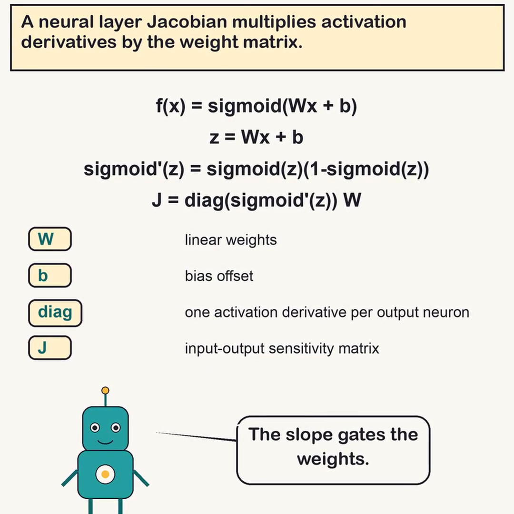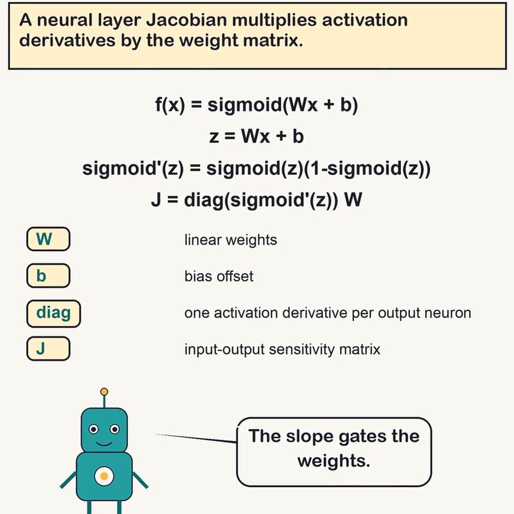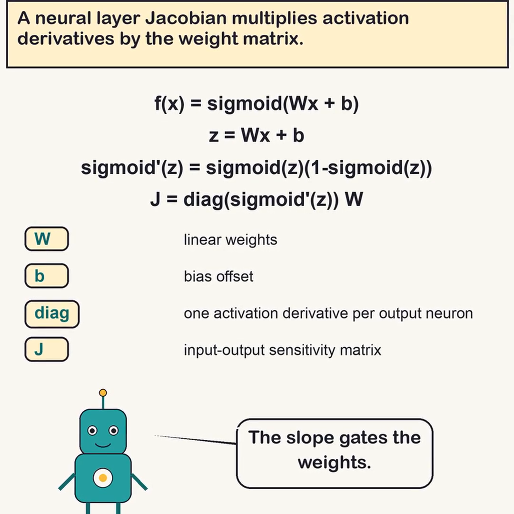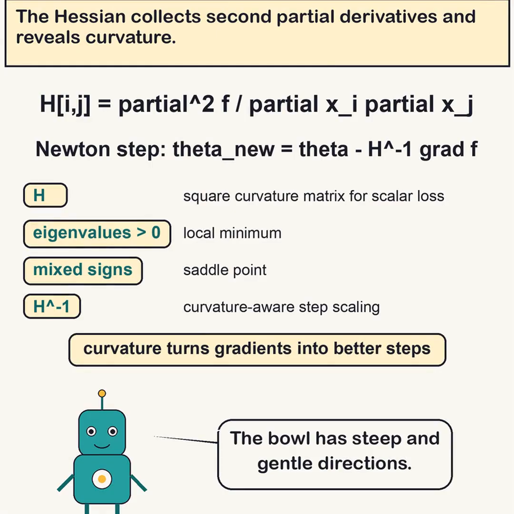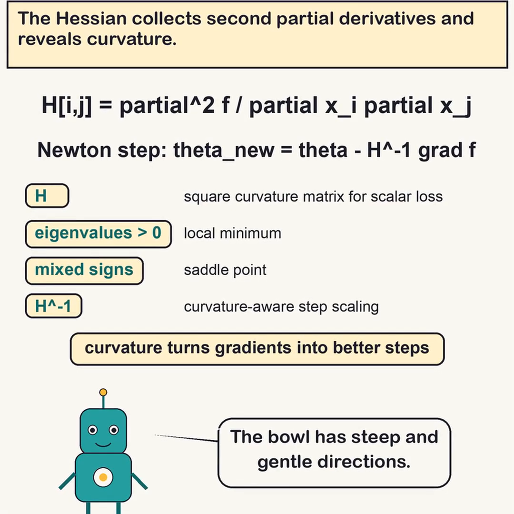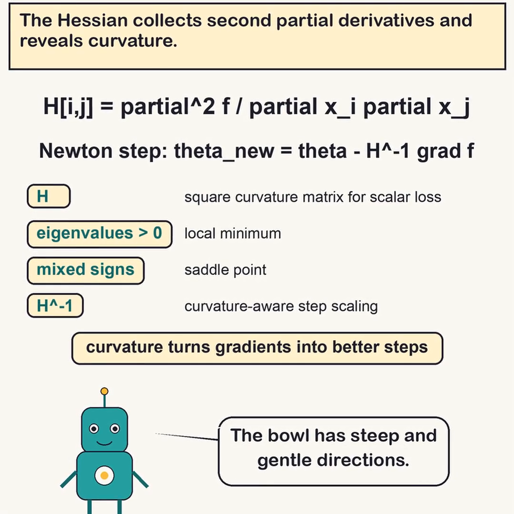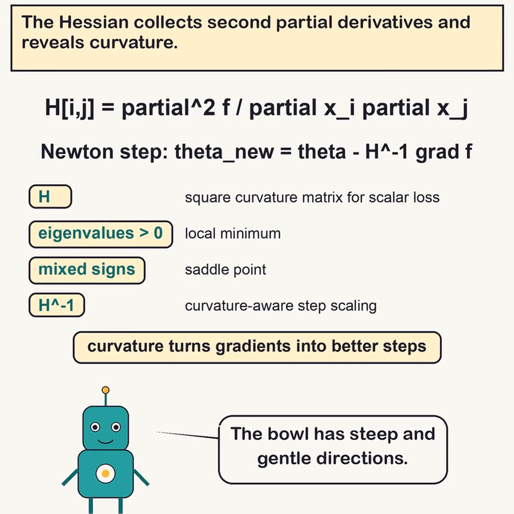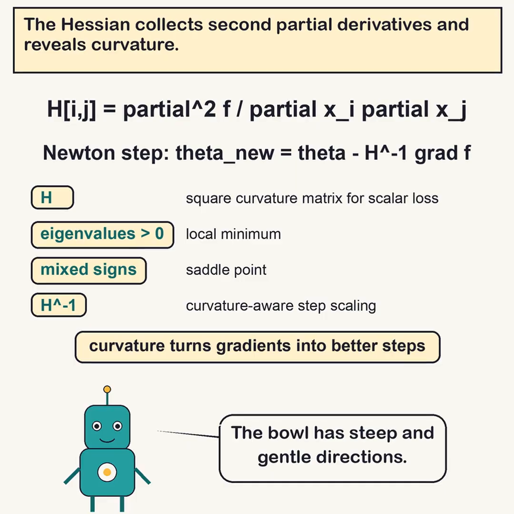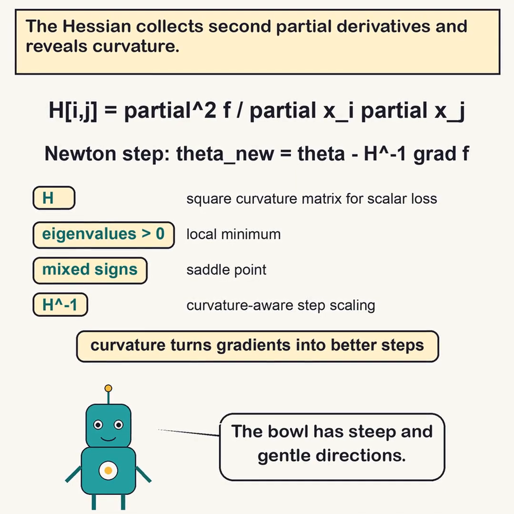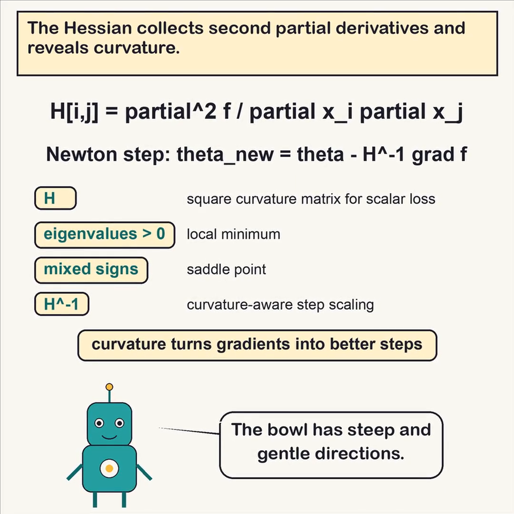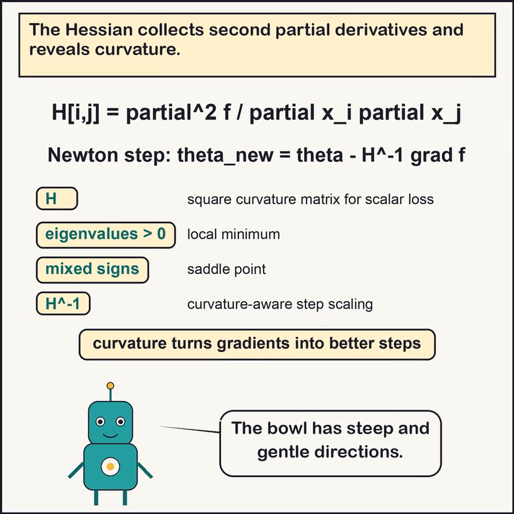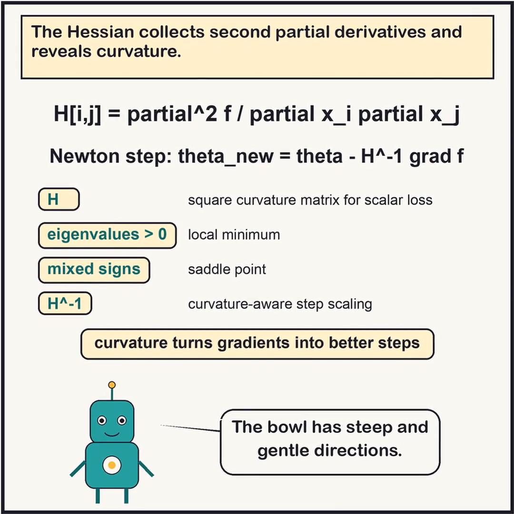Real-world analogy: a neural layer Jacobian is like tracing how pressure through valves changes flow in every pipe. The Hessian is the matrix of second derivatives of a scalar loss. Its eigenvalues classify curvature. Positive means valley, negative means hill, and mixed signs mean saddle. Real-world analogy: a Hessian is like a terrain map that tells whether you are in a valley, on a hilltop,